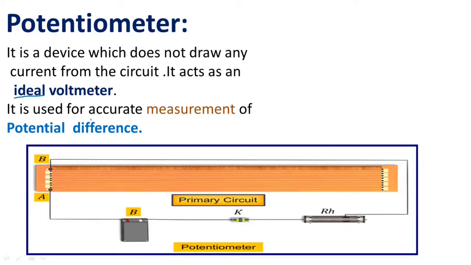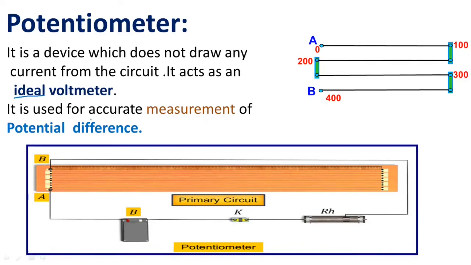Potentiometer consists of a long wire of length L and resistance R having uniform cross-sectional area A, stretched between terminals A and B on a rectangular wooden board. लॉंग वायर असल्याने वुडन बोर्डवर याप्रमाणे ही फिक्स केलेली असते. From terminal A to this 100, 101 to 200, 201 to 300, 301 to 400.